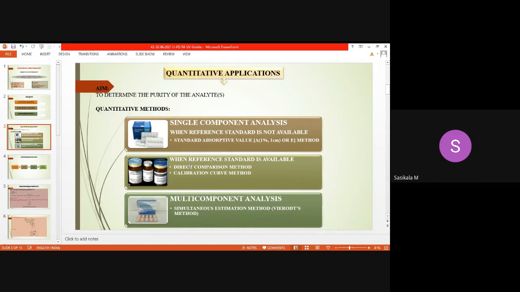The blank will be kept as 0, where sample and standard are taken, means a known concentration of standard is added to the standard test tube, and in the test tube you will be adding the unknown concentration of your blood sample, and you will be adding the reagents in order to determine creatinine, picric acid, sodium hydroxide, all this you would have added, and you will get some color change.